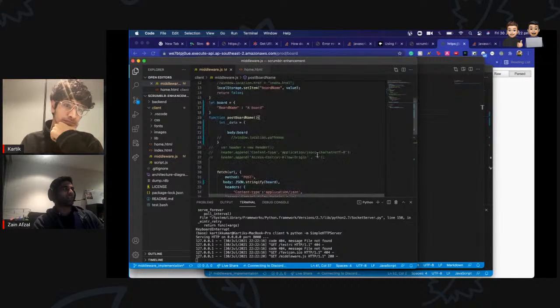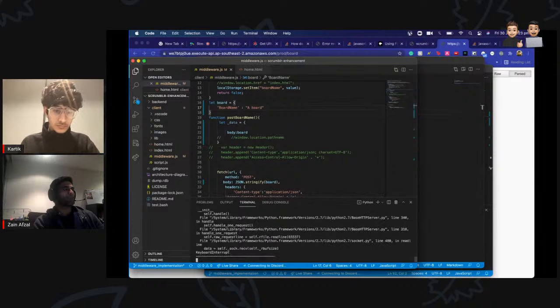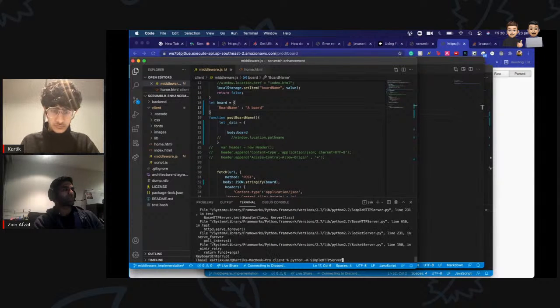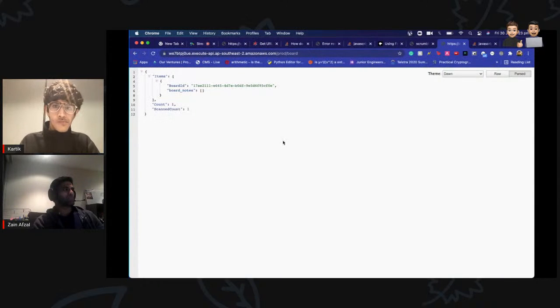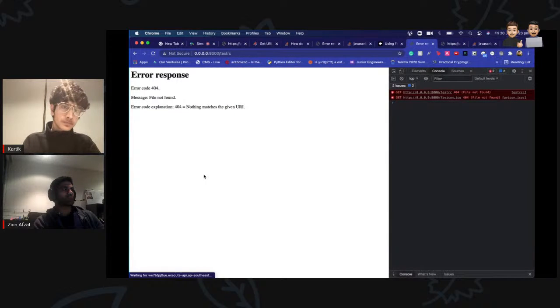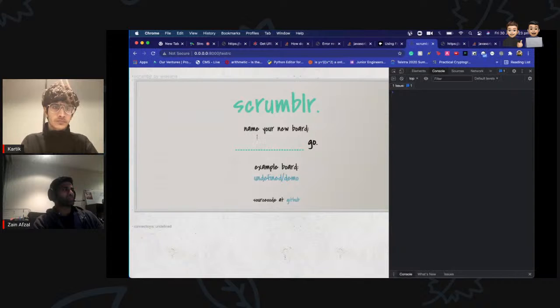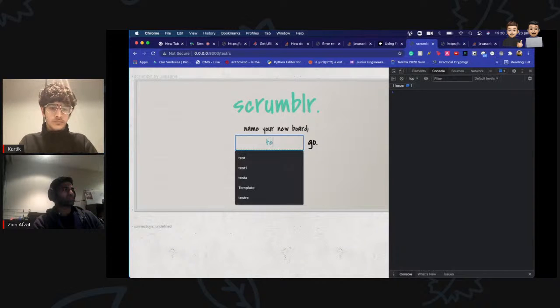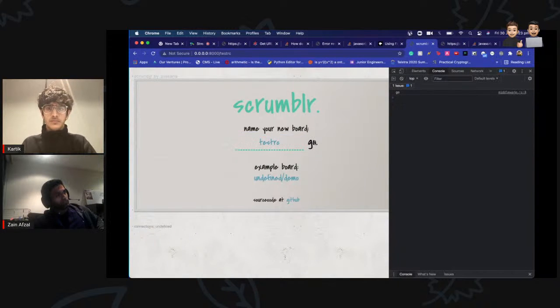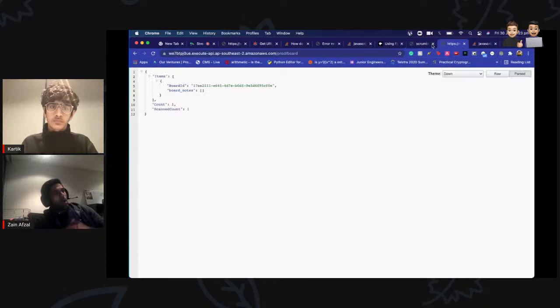Am I even checking the right Lambda function? Give me one sec. Let me check what I changed with the permissions. Cool. Okay.